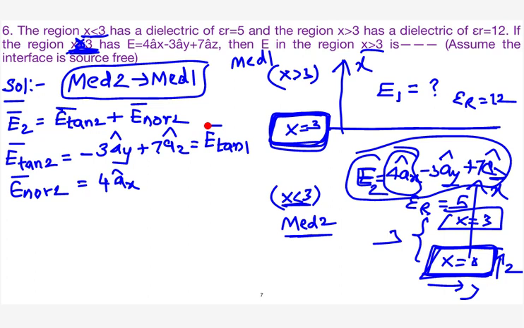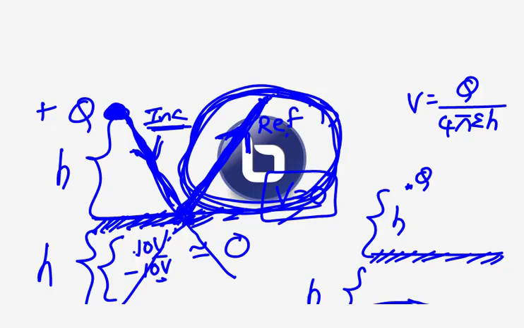Because whatever surface I have given here is x equal to 3. It's a simple surface, right? If you have a complicated surface like, let us say, 2x plus 3y is equal to 1, and you have some electrical component, you may not be able to resolve the tangential and normal component. At that time, you take the equation of the surface and find the gradient. The gradient of the surface represents the normal component. For a simple example, I will tell you.